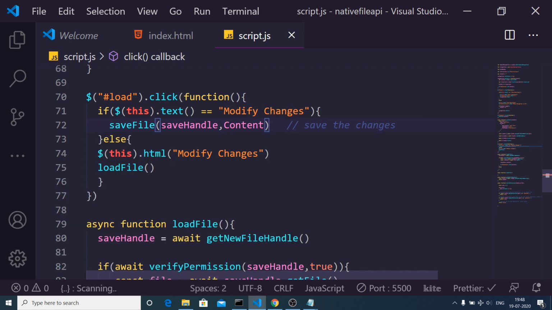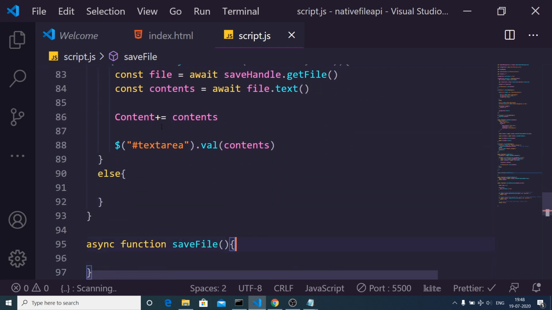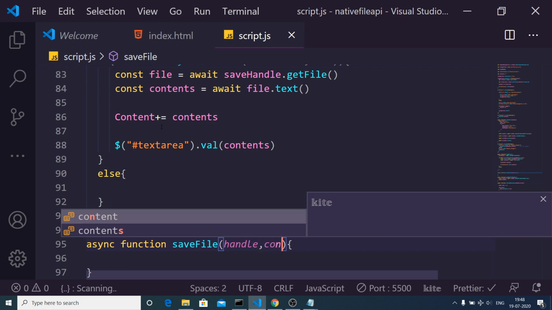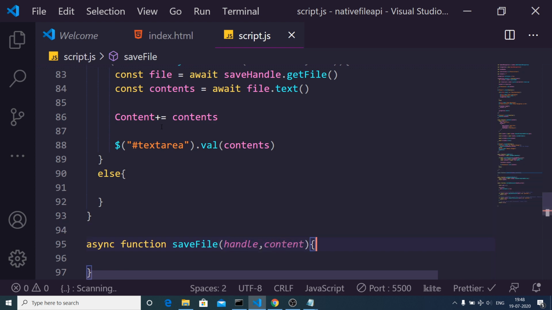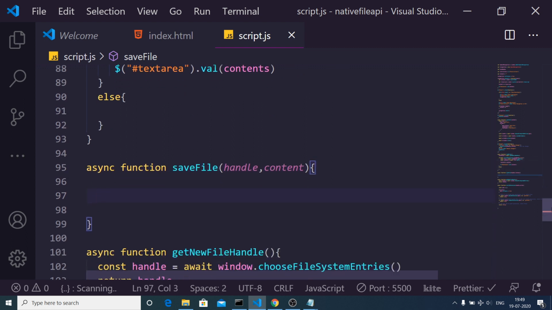What is the content to be added to the file? So we have successfully passed it, and now we can get this by handle comma content. So inside this function, guys, this will be a very simple function in order to save the file without creating a new file.